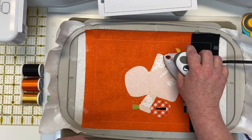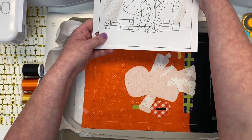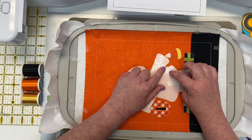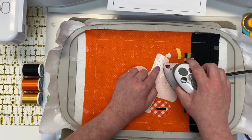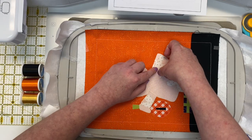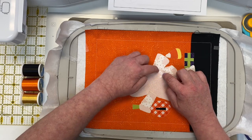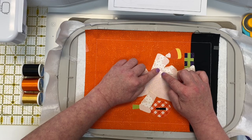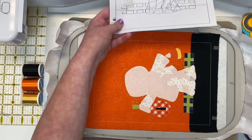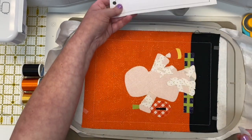There we go. Now 25 and 26 are right beside each other. See right here? So we're gonna do those two pieces. So 25. There we go. And now 26. There we go. That ends right at the end of this piece. There we go, perfect. So now let's find number 27. Oh, 27 is really easy to identify because it's your biggest piece. Look at that. It's gonna run all the way up the middle of his body. So 27,